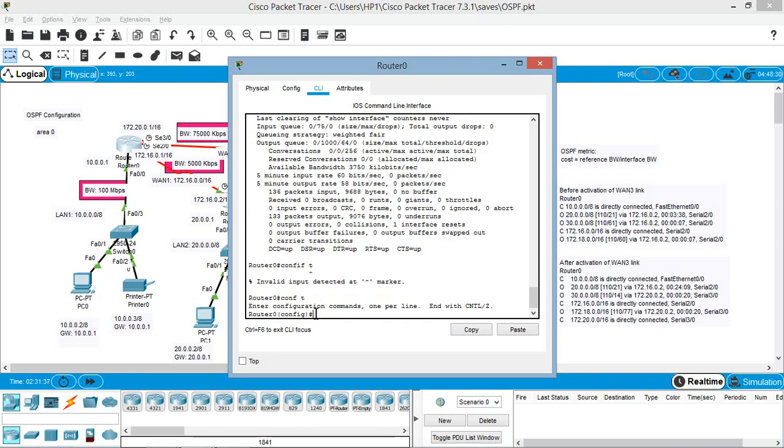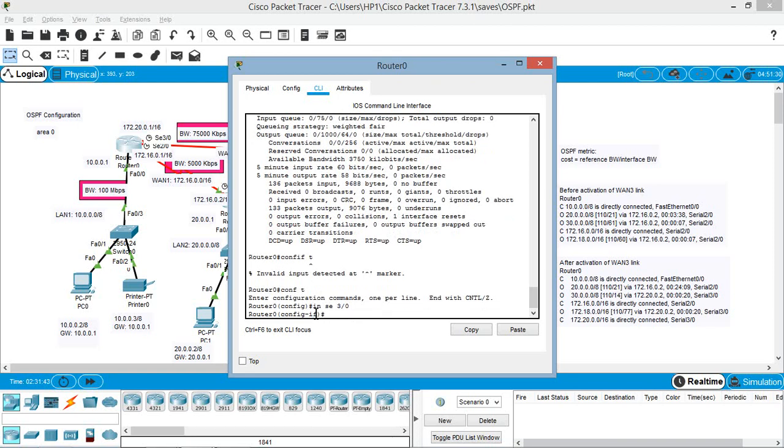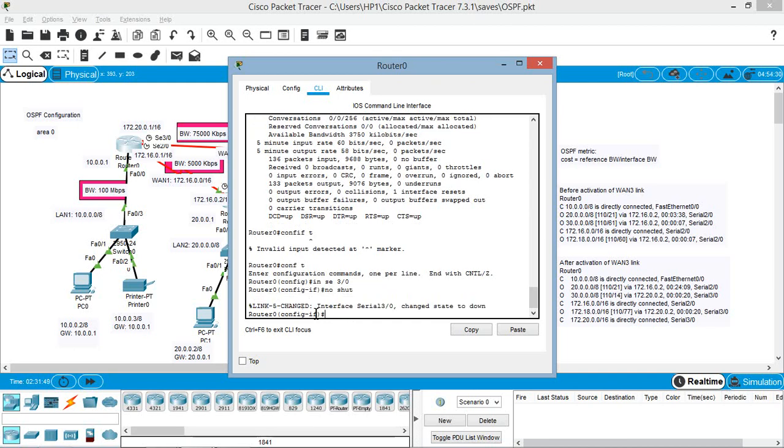Now once I'm in this mode, I can enter the serial interface which I need to activate, serial 3/0. Now the command here should be no shut to activate the interface. The interface is now activated.